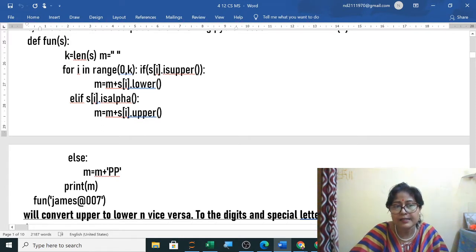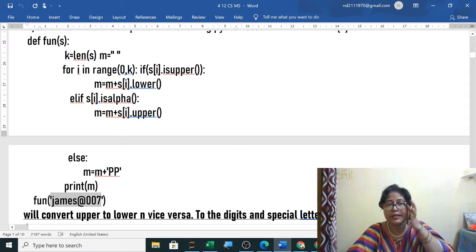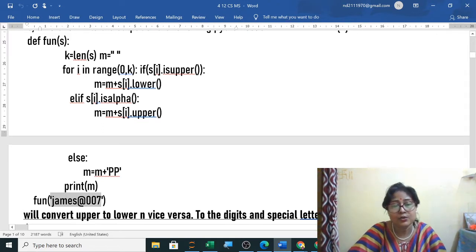So what will be the answer? James in capital, then PP. For each digit also you have to write one PP. So how many PPs will be there for @, 0, 0, 7? Then for 0, 2 P, again for 0, 2 P, then for 7 again 2 P. Clear?